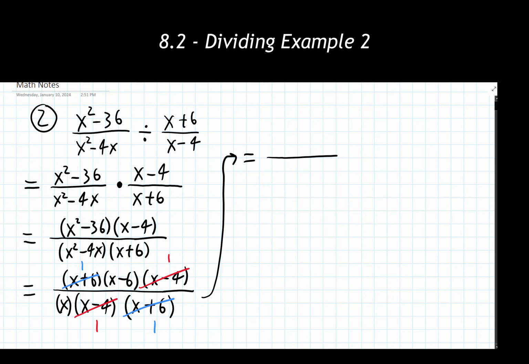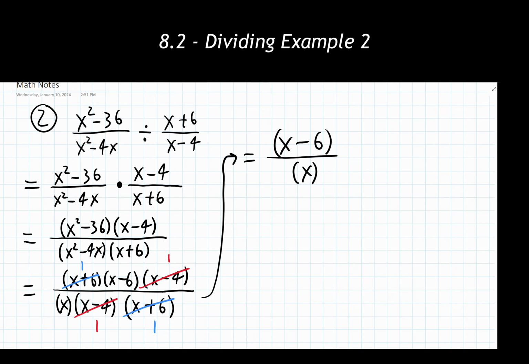So what's now left over in my numerator? Well, I just have an x minus 6. And what's left over in my denominator spot? I just have an x down there. Everything else was 1s, so 1 times anything just gets absorbed up to whatever the other thing was. Nothing changes. And now I'm looking at this and I'm seeing, okay, I have x minus 6 all over x.